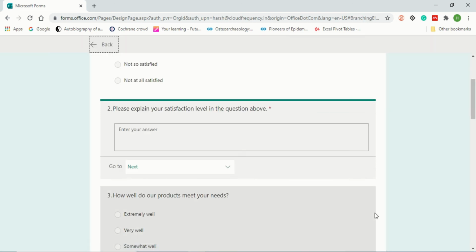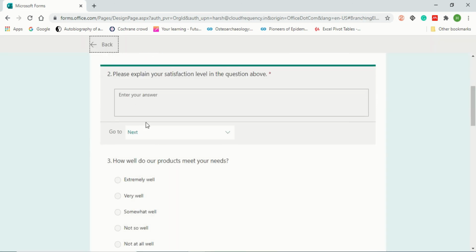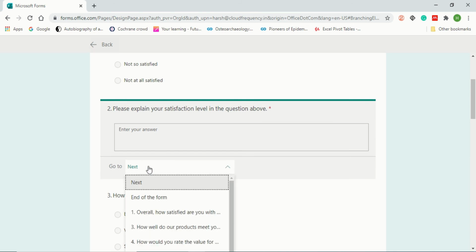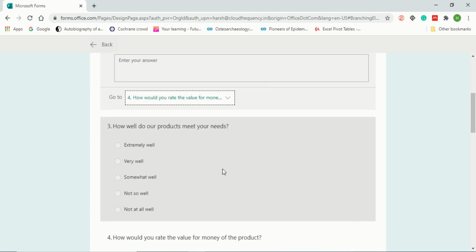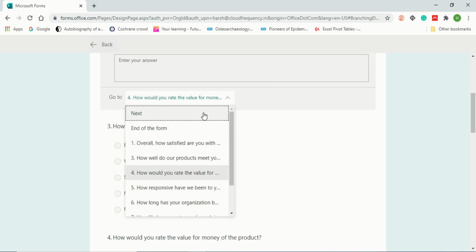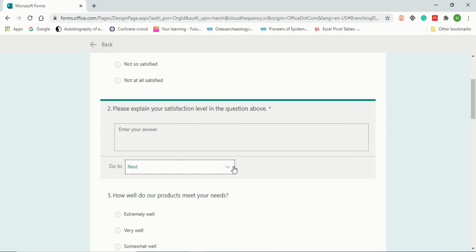And if you want to add the branching, you can also do that. So when the person adds, go to the next. Like if the person answers this, you can directly go to the fifth question. Certainly sometimes it happens, like if the person is not smoking, the whole smoking question is not useful for that person. You just go to the end of the portion, or you can go to the end of the questionnaire, whatever depends on the question that you have made. You can directly go to the fourth question. So this is how you will use this option. So this is the best method you can use in your Microsoft Form.